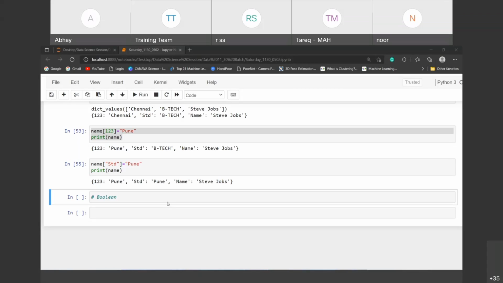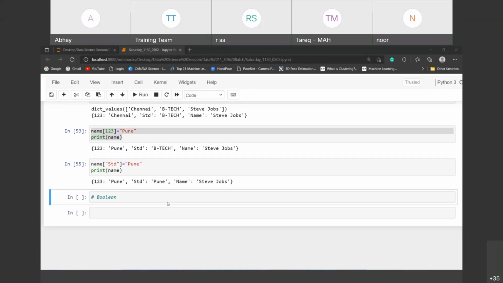So an expression always gives a true or false value. How will it be possible? The major content we have already taken.